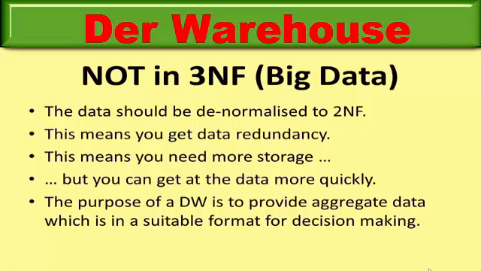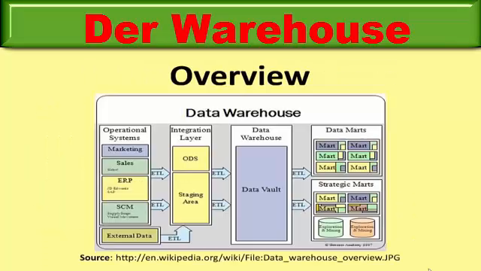So how do you go about creating a data warehouse? Well, let's go through this diagram and start on the left. You have the operational systems within an organization, marketing, sales and so on. And each of these will have their own properly normalized database. You don't want to mess with the operational systems that are already functioning. So what you do is you take copies of their information and put it into a staging area. And what you do with the data in this staging area, well, that's an entirely separate piece of work. So you're not messing with the day-to-day running of the company.